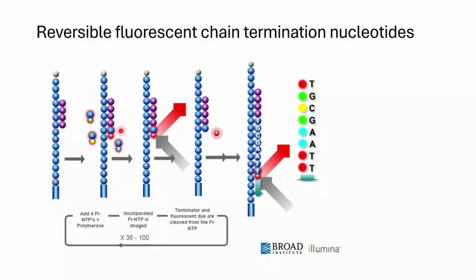And so what happens is that when you add it, synthesis will stop for a millisecond. There is a flash of laser that will be sent to the flow cell. It will return a certain light. When the light comes back, there's a reaction that happens in your cell, which will cleave the termination nucleotide and the fluorescent chain, leaving your actual dNTP that is just a normal dNTP. And that allows for more synthesis. And so you'll add again